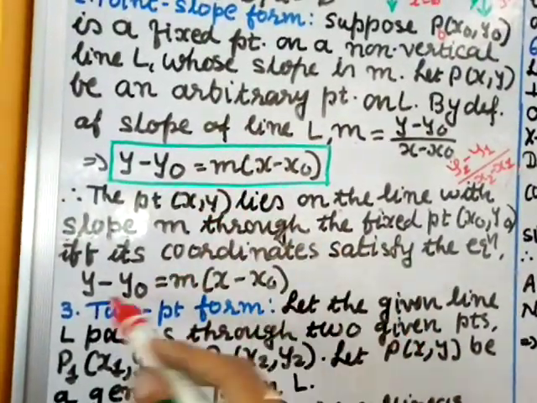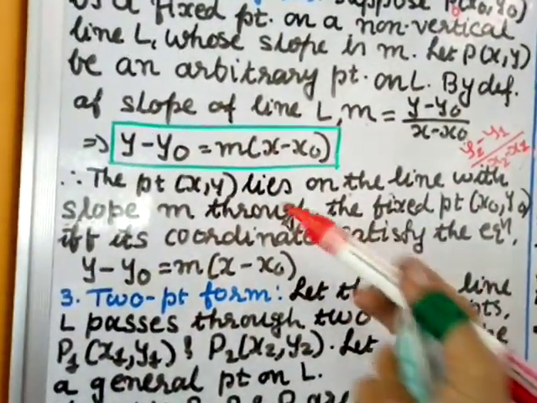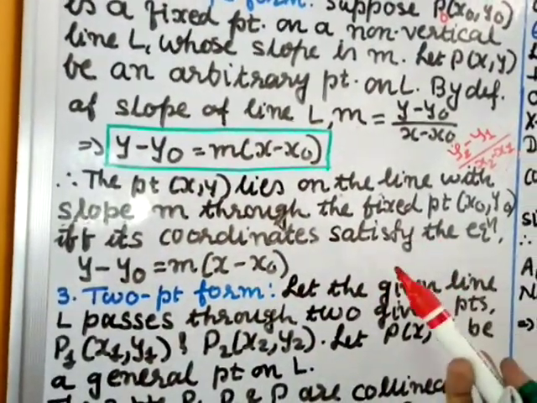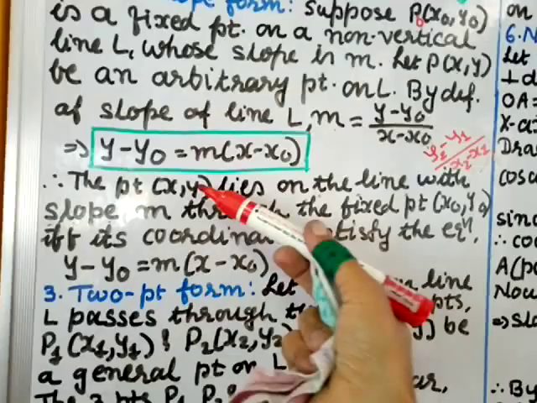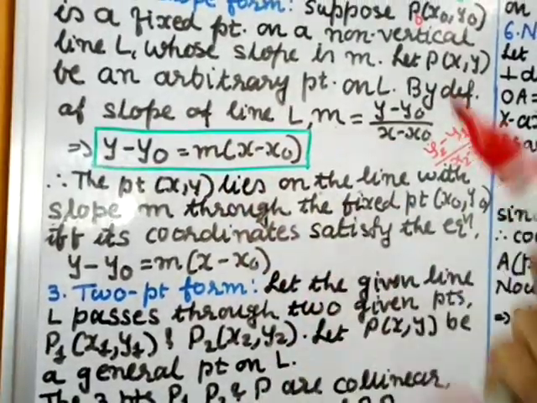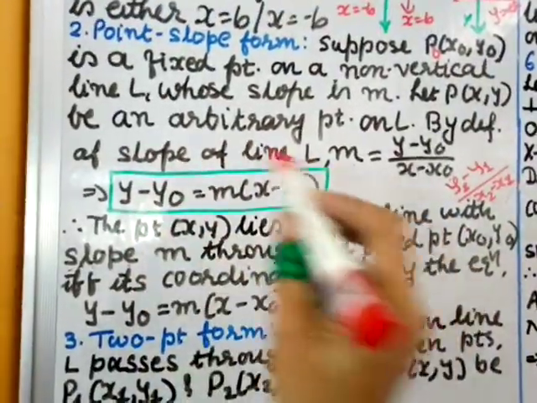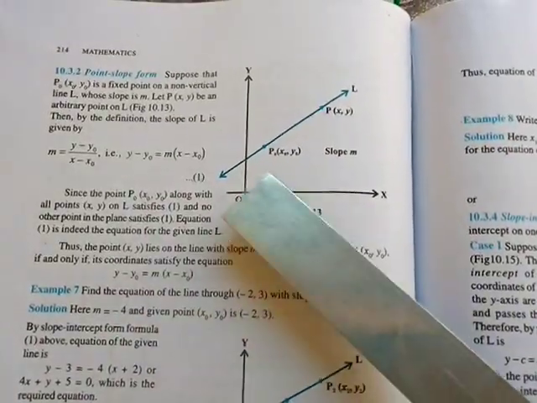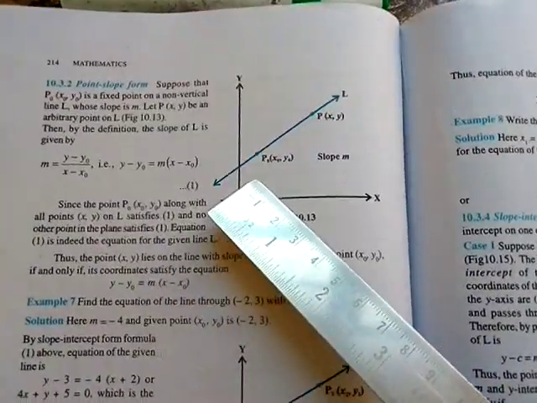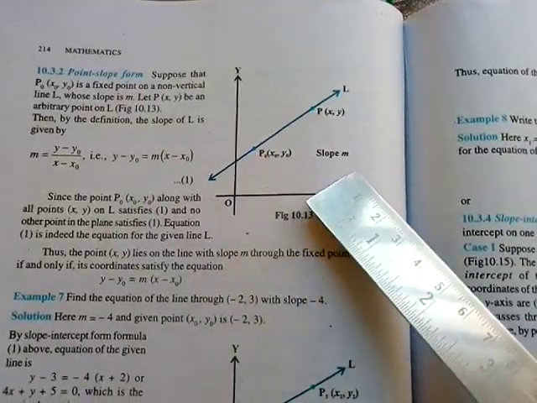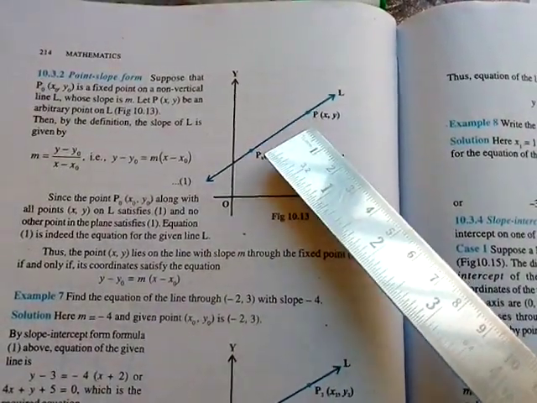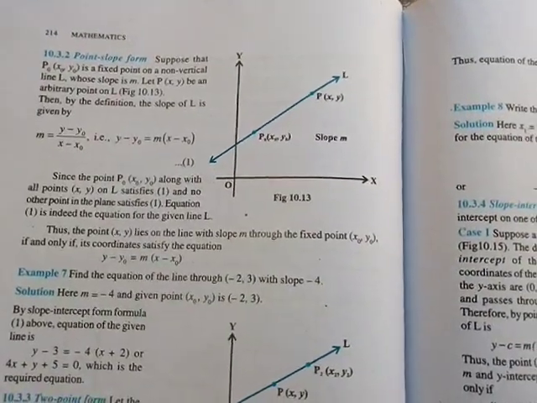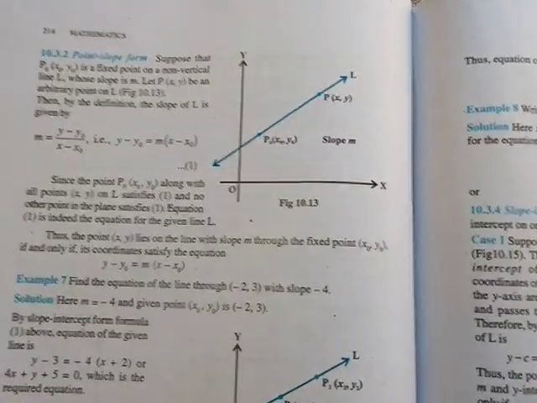So this point lies on this line if you put this point value instead of x and y, then it will satisfy the equation of the line. Then you say that this point is on the line or the line is passing through this point. So this is the point slope form of equation of line. In this figure you can see this is a line L. This is point P naught, x naught, y naught. The slope is given to you, m, and there is another arbitrary point P x y. I have not drawn the figure, but you should draw the figure if the proof is asked.